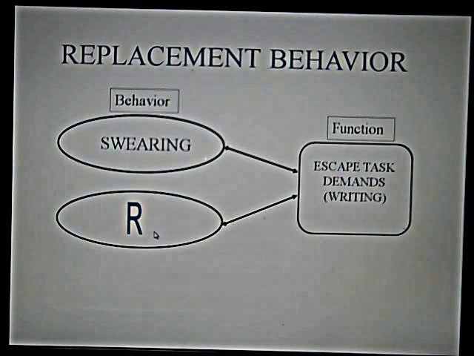Could it be requesting a break? Could it be receiving additional assistance? Communicating, using their words? Could it be choosing the type of writing assignment they would prefer to write versus the one being assigned to them? These are just some examples of how we will look to replace the negative behavior, such as swearing or throwing the book, with a positive behavior that still meets the function of what they were trying to accomplish. You can't get out of the writing assignment, but you can communicate to me in a better way why the writing assignment is a problem for you. And I can give you a better option to meeting the goal.